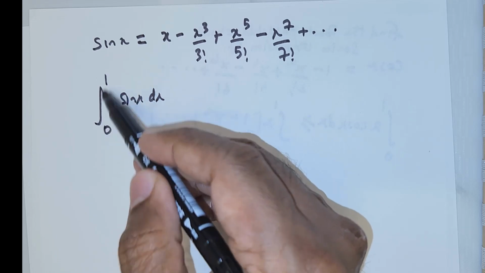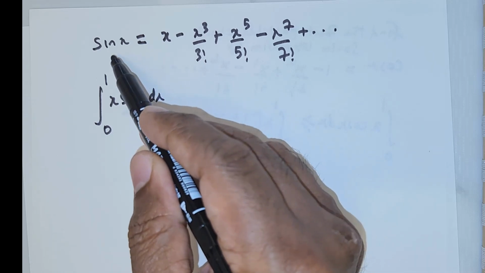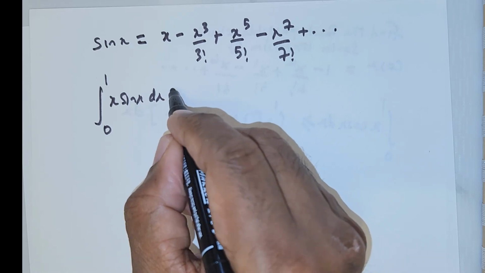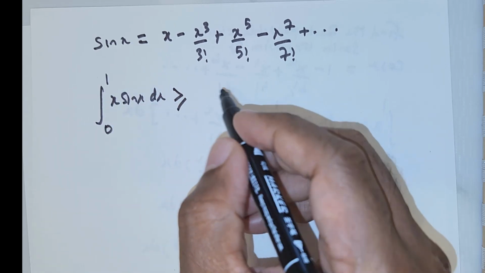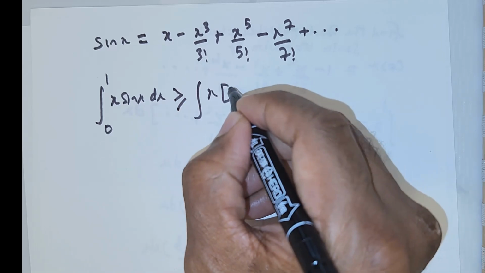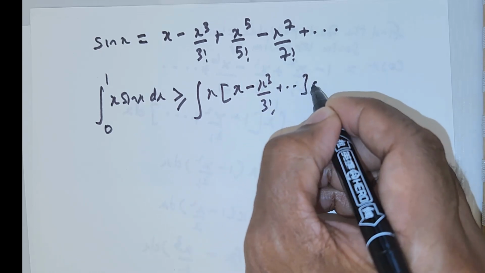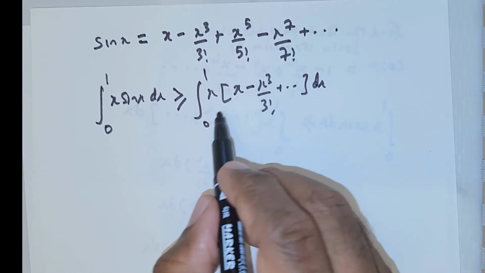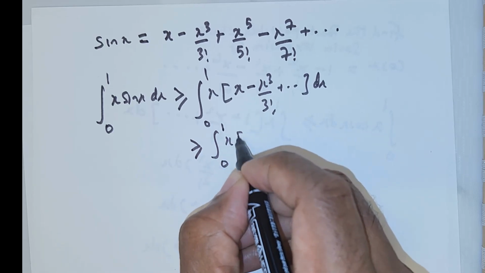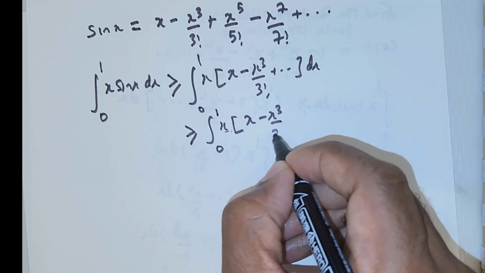Now what I wish to do is apply this operation, integral 0 to 1 x with sin x dx, onto the upper series expansion. If I were to do that, then the right hand side is going to be greater than or equal to the integral of x times the sin x expansion, which is x minus x to the power of 3 over 3 factorial plus etc., times dx, 0 to 1. As I mentioned to you, since we are dealing with an infinite series, I can drop the terms and just zero in on x times x minus x to the power of 3 divided by 3 factorial